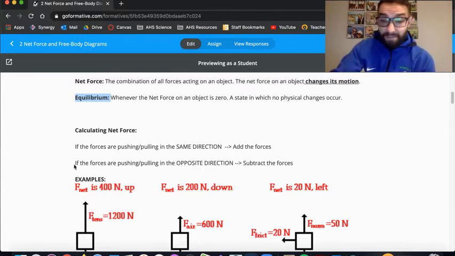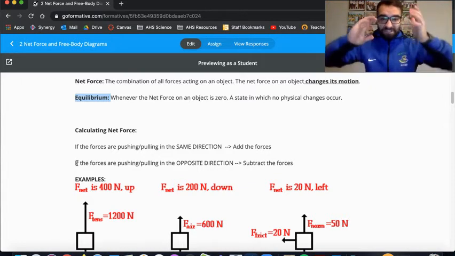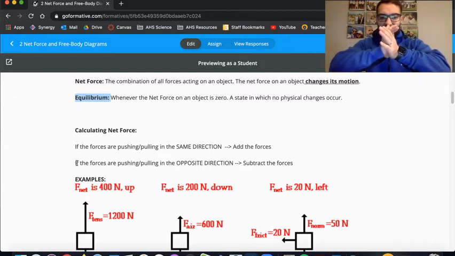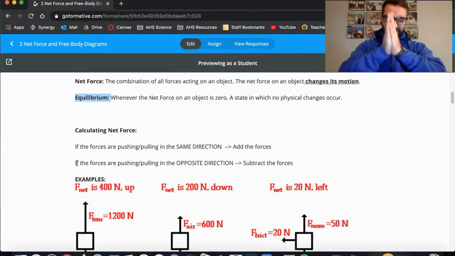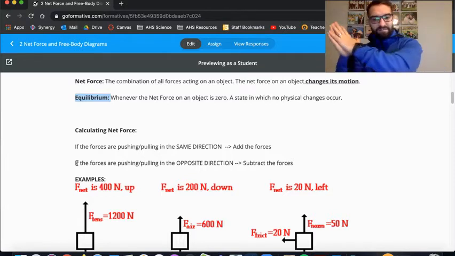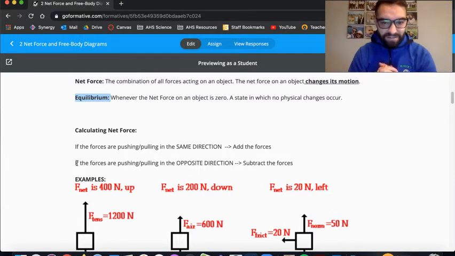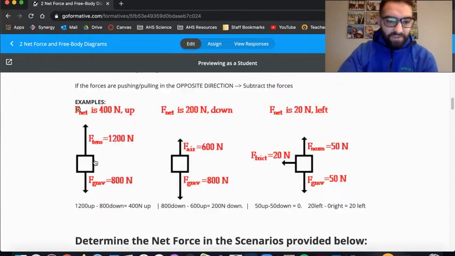The opposite, okay, if the forces are pushing or pulling in the opposite direction, then you have to subtract the forces. And what that really means, right? If the forces are the same, you're going to end up with zero. And if one is greater, then it's going to take over the opposite force. So a few examples here,